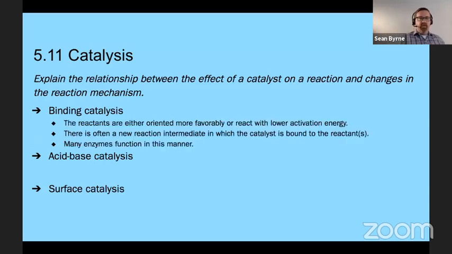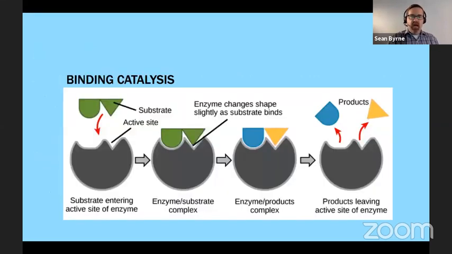We talk about the reactants being oriented in a familiar or a more favorable way in order to lower the activation energy. There's a lot of help in making the reaction happen a little bit more quickly. And that's where you see your classic enzyme with a substrate. This is right out of an AP biology book, if we're honest.